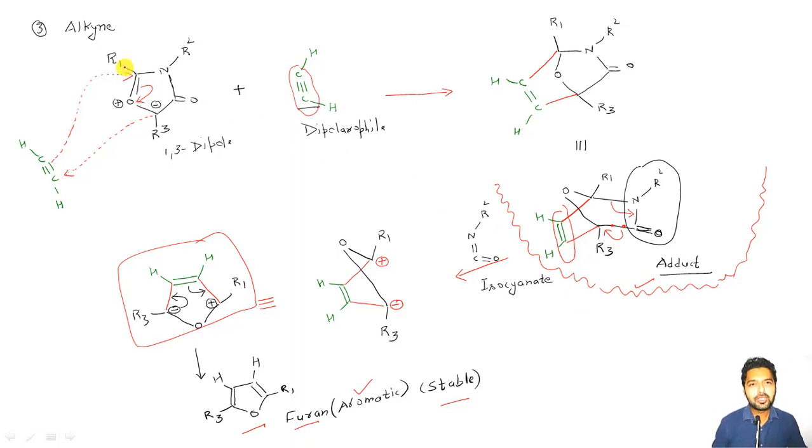So this is all about the very first mesoionic heterocyclic molecule. The synthesis part, we have seen two synthetic procedures are there. Moreover, we have seen the chemical properties. First of all, reaction with some alkene, then with carbonyl compound, and in the last with some alkyne molecule, resulting in the formation of cyclic adduct, which will undergo the release of some isocyanate molecule, resulting finally in the formation of an aromatic stable furan molecule.